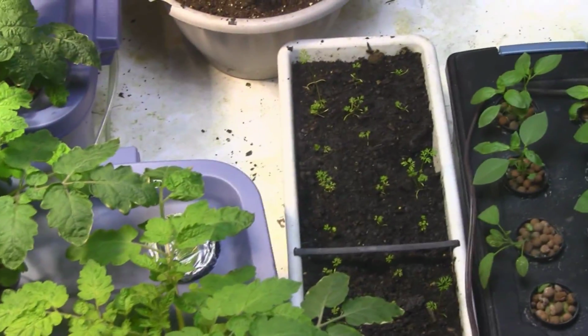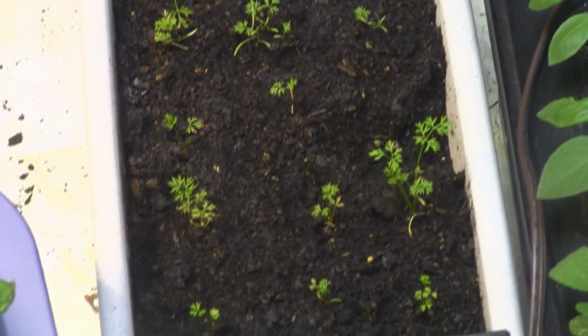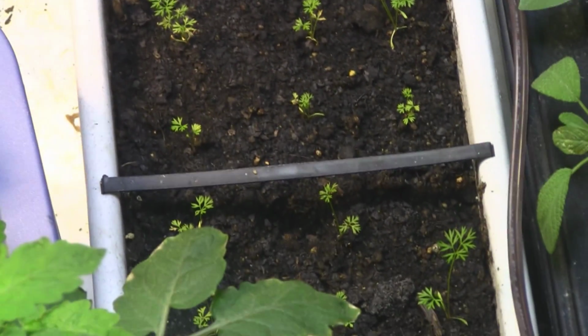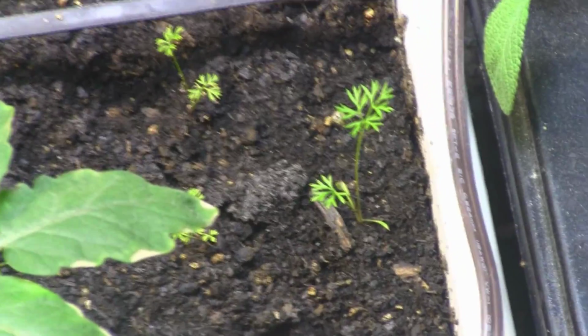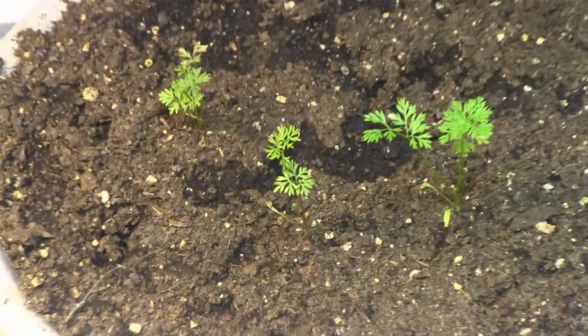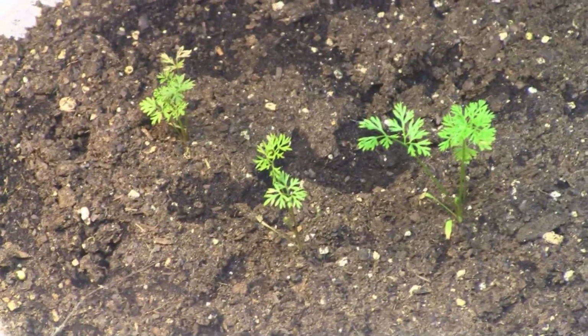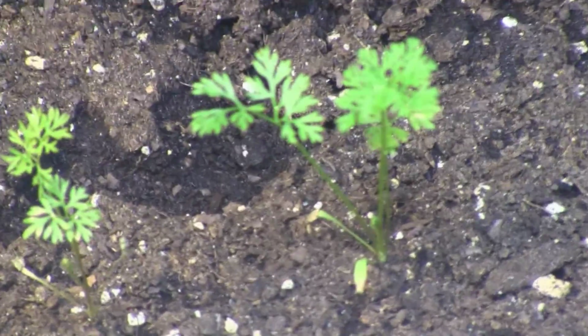So alright, over here I have my Little Fingers carrots, and they haven't really been growing too fast. They're kind of slow growers, I guess, or they don't like the soil I put them in or something. But I guess they'll eventually produce a carrot, so we'll see what happens with those. And over here are my bigger fingers carrots. They're actually the Burpee carrots that I showed you in my last video,